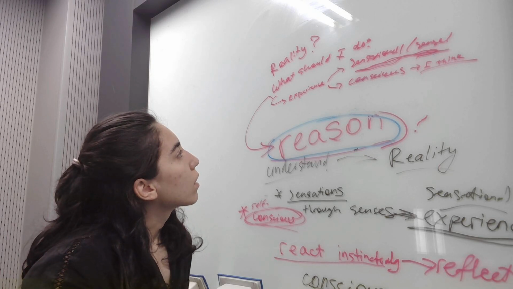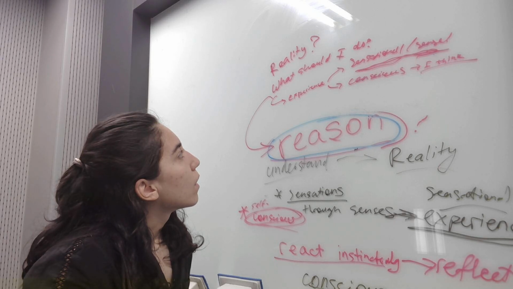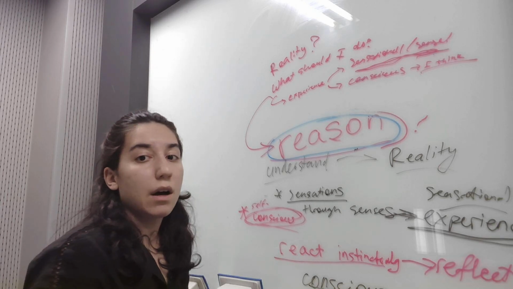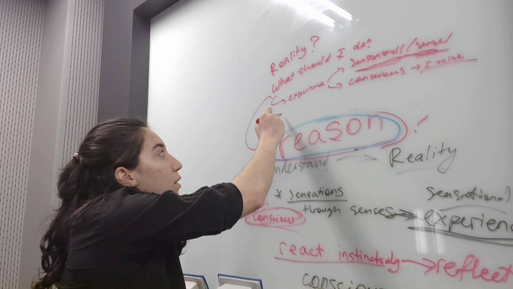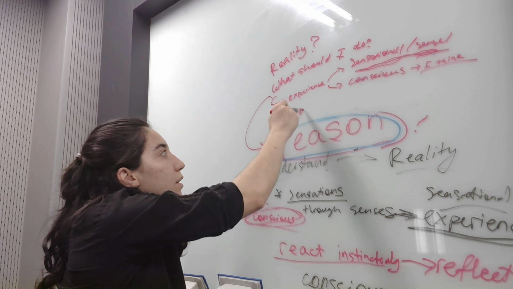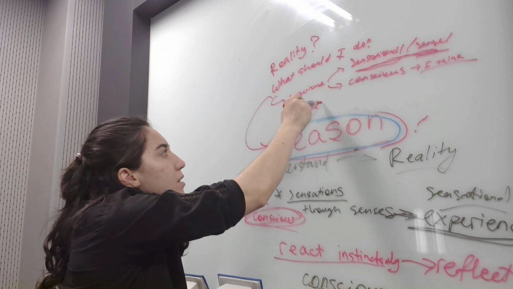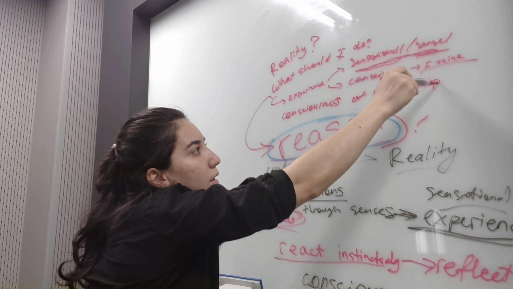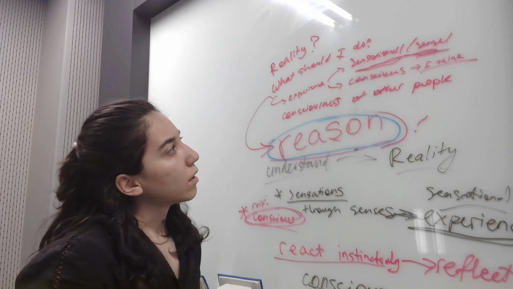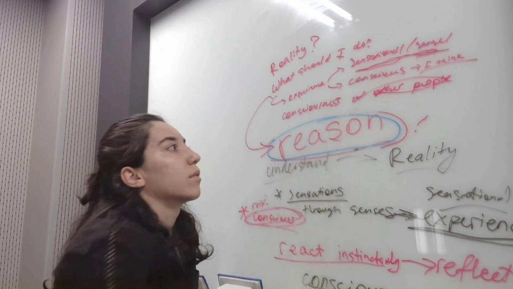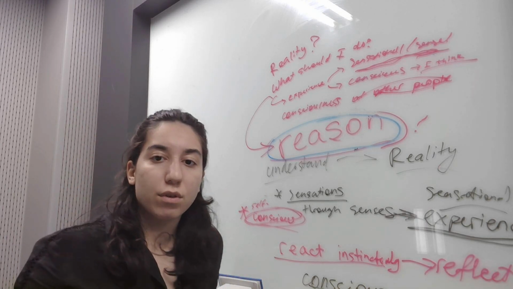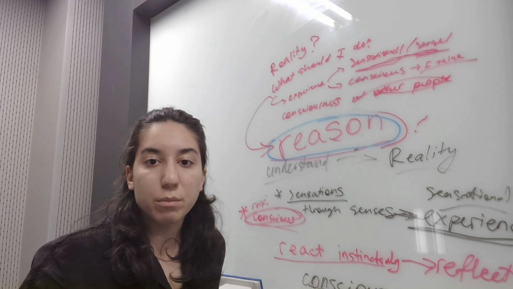Now, there are things that are outside of your senses, and these are consciousness, right? Consciousness of other people. So their consciousness is outside of your senses. It's pretty simple,